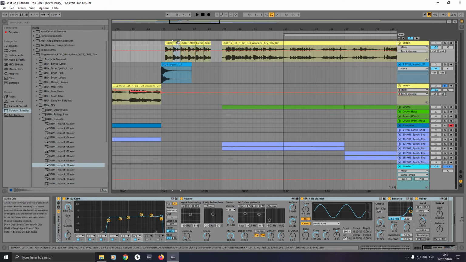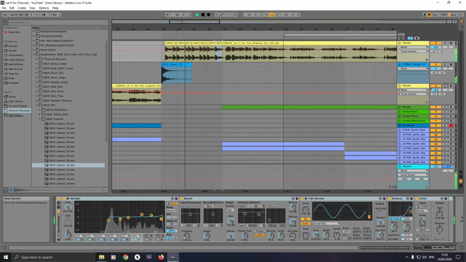Then we'll just leave that there, move that one over there, put that one there, move that one over that one, this one over that one, put that there. Now if we play it back, there's far too much gap in between, so we've got from bars 25 to 29, that's 4 bars of it